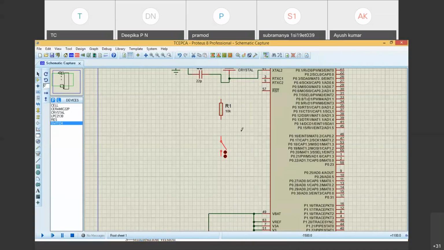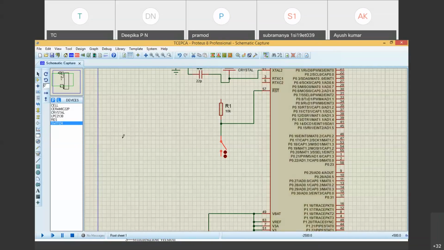Right click and rotate. Now I can connect this resistor with the switch. You can observe this, and I can bring this reset button. Okay, connected to the switch. So the device will be reset if I press the switch, meaning if it connects to low. Reset bar means it is active low. You have studied this in logic design. Active low means when it is connected to ground, this reset pin will be activated, meaning it resets all the values to initial conditions.